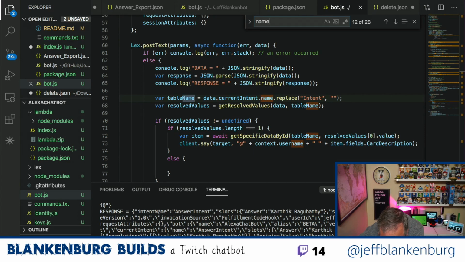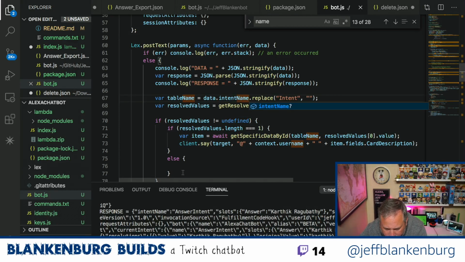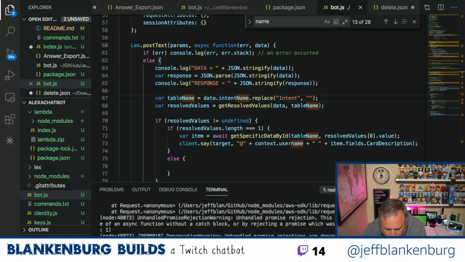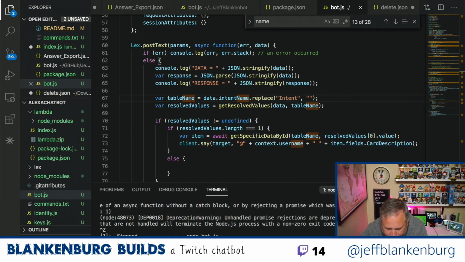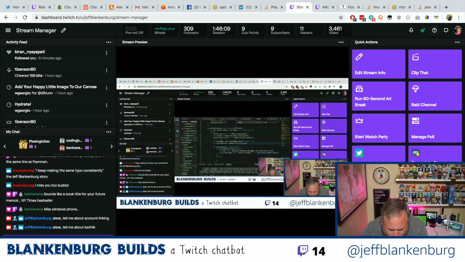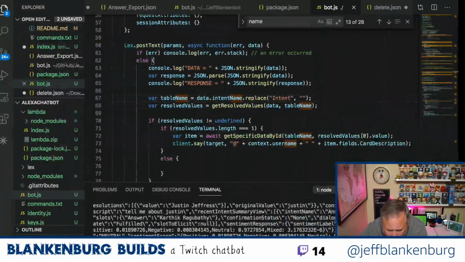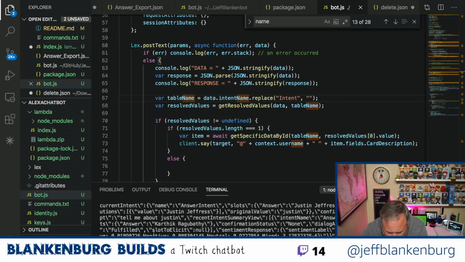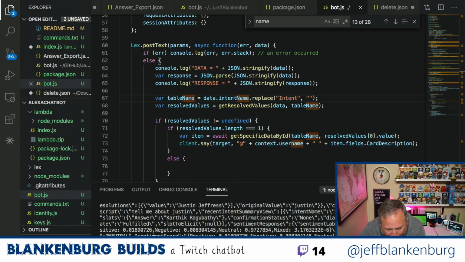Why don't I just take that? Data dot intent name. Can I just do that instead? Will you let me do that? Shouldn't it have responded? Or did I have multiple values come through?